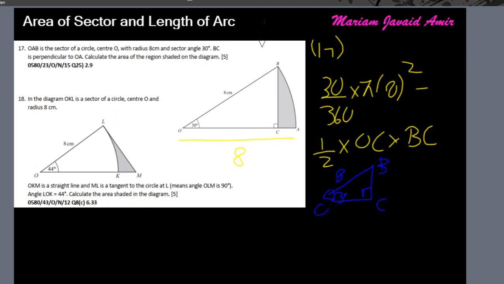So let's find OC first using cos theta. So cos 30 equals OC over 8. And similarly BC will be found using sine theta. Sine 30 equals perpendicular over hypotenuse. So OC would be 8 times cos 30,